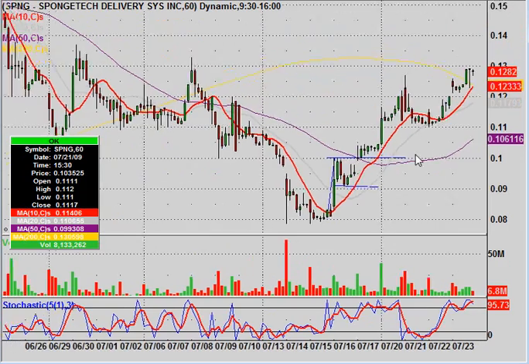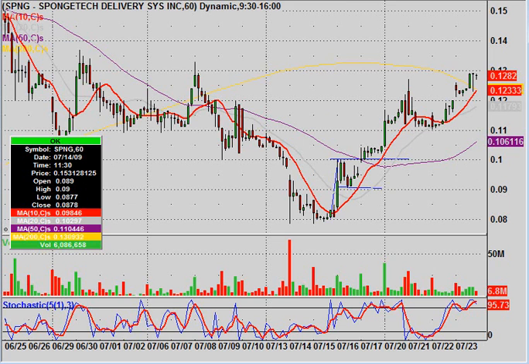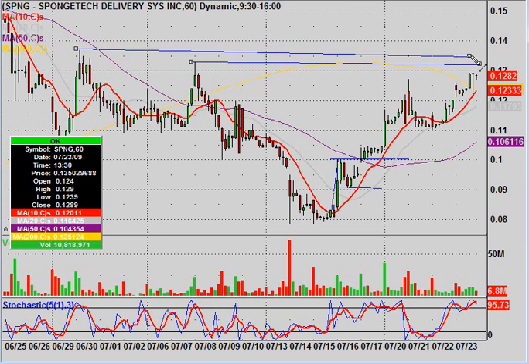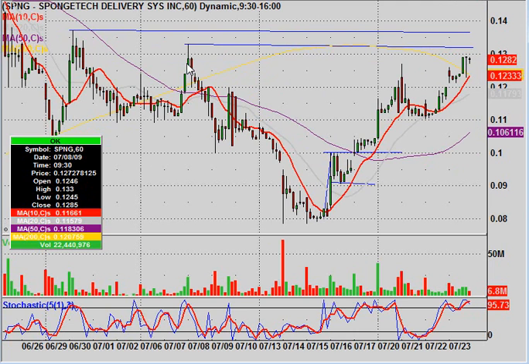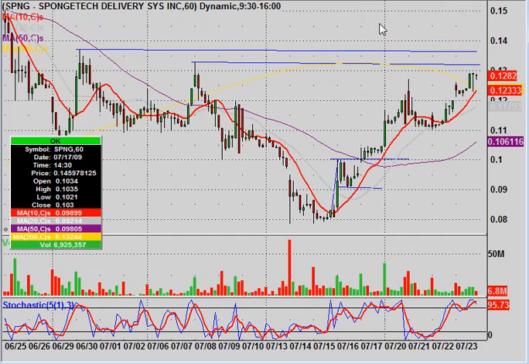To hop back to the 60, I want to go over some new levels to look for in terms of resistance. Basically, our next two levels are going to be right here, and what we can actually do is draw a resistance zone just for argument's sake, and to keep things halfway clean and not let too many lines show up. But the high of this candle was 0.133. The high of this candle was 0.137. So for simplicity's sake, we could just say our next key resistance level is going to be right here at